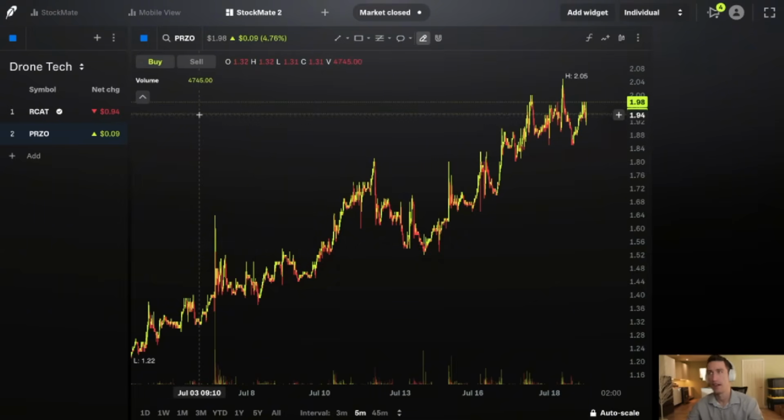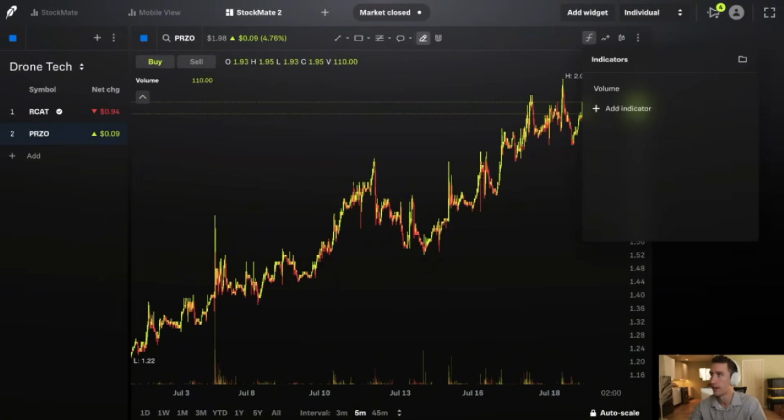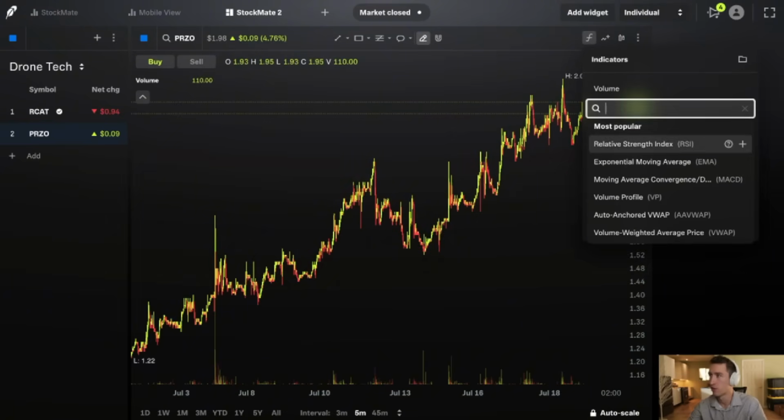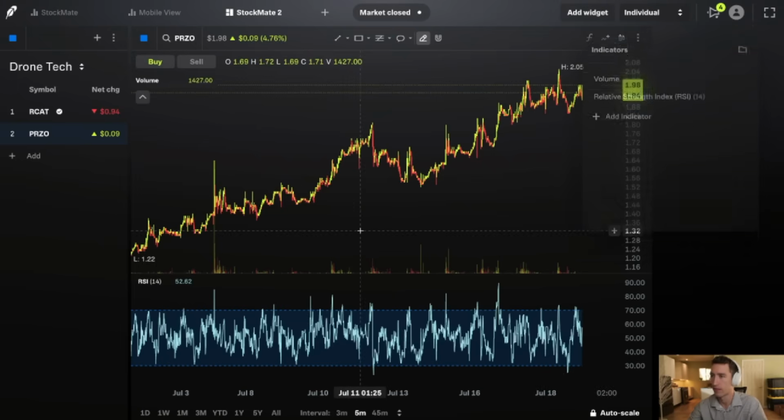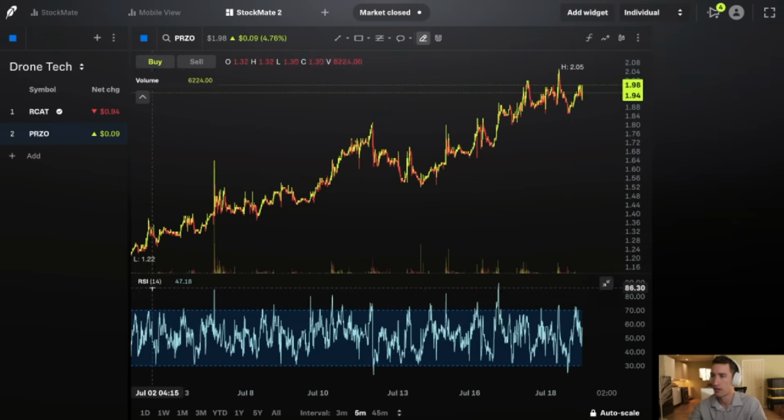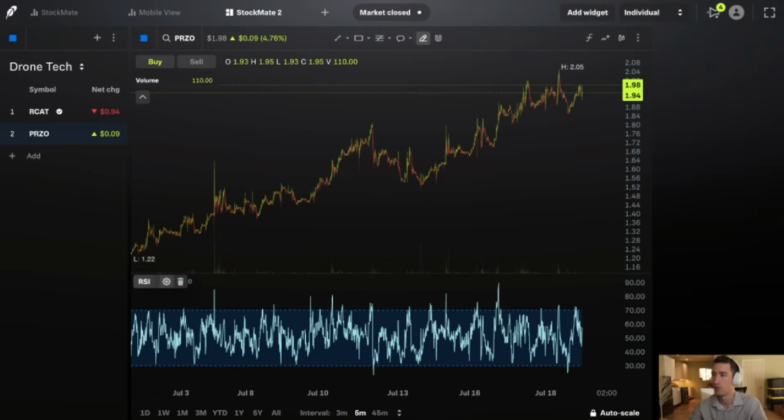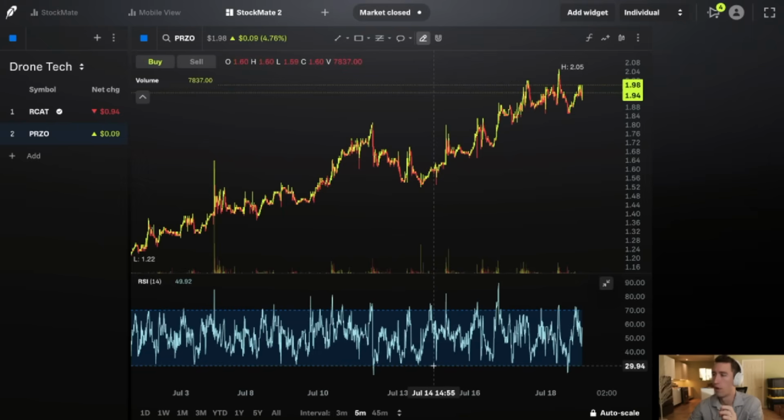Now keep that in mind. So the first thing we're going to do is add indicators. So the indicators that I like to use here are up here. You click indicators. I like to personally use an RSI. This is great for indicating the strength. It's called the Relative Strength Index, and it was developed to show when a stock